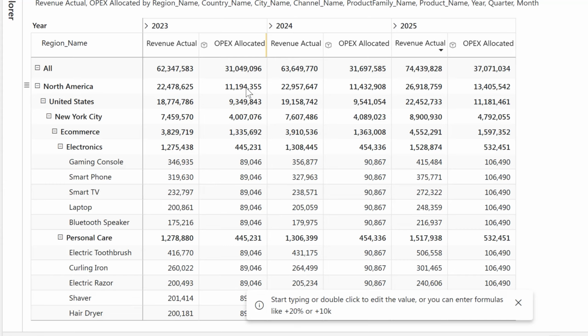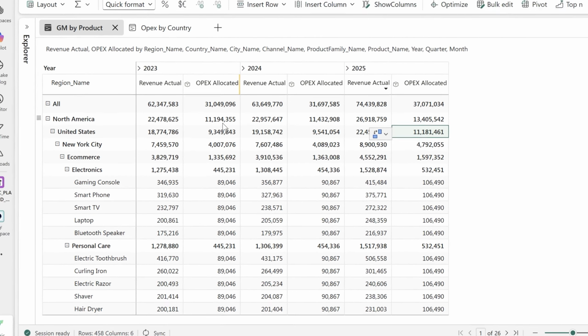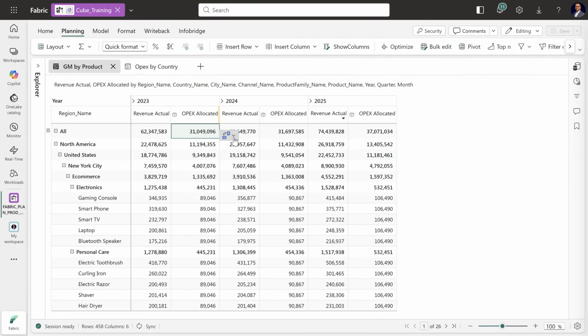You also have it correct in the region. I'm sorry, OPEX allocated in the region. You also have it correct by country. This is exactly matching, but you see the rest of the values in all the unrelated dimensions, they are not matching, right? So what we do, we simply go ahead